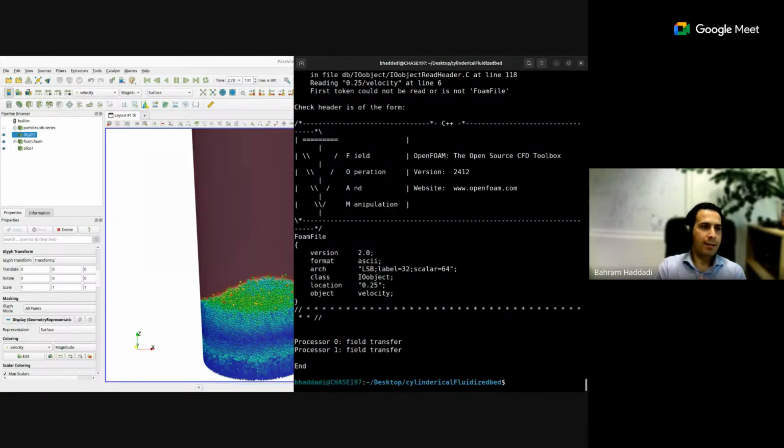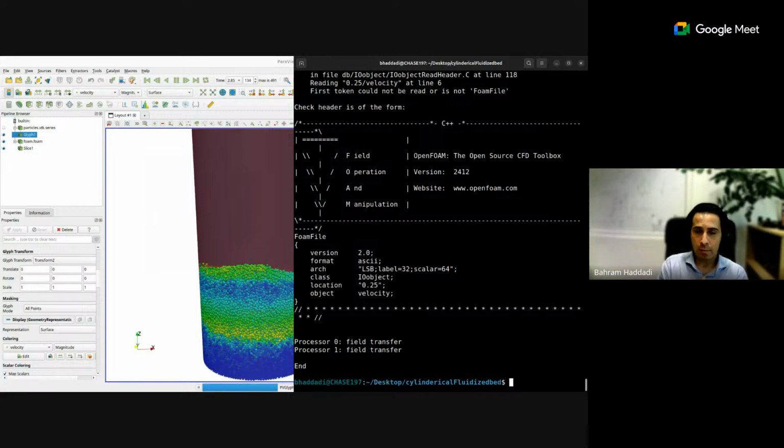So in my case, I have the DEM side on CUDA parallel, so I don't need to do anything special in there. For the CFD side, as you said, we have the MPI parallelization, so I just go for the typical OpenFOAM procedure by using a decomposed part. So basically breaking my CFD domain and my CFD-DEM coupling domain into, in this case, two processors, and then running the command